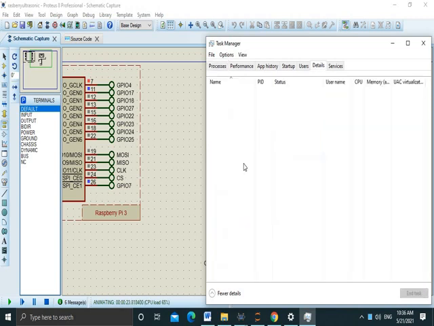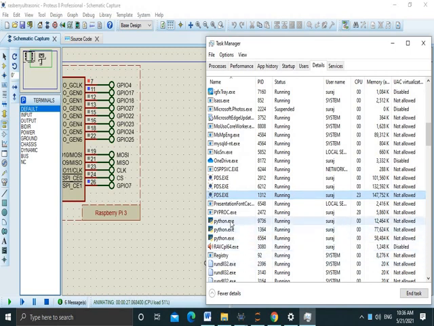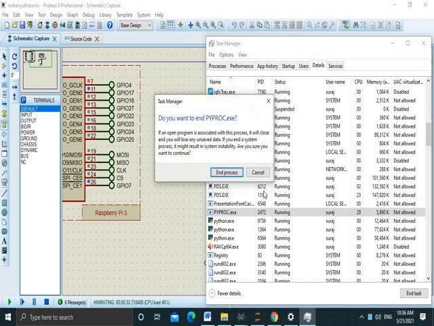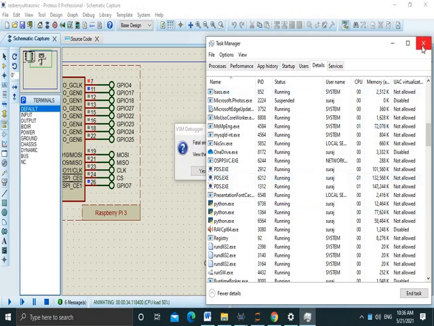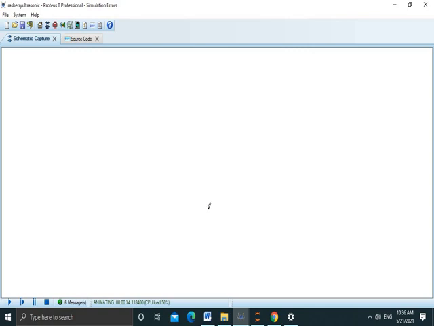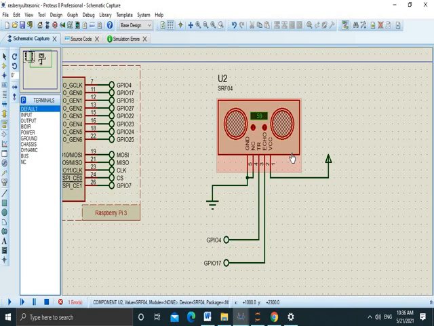Go to the processes and stop the Python process, python.exe. Stop this. Then see, the fatal simulation error means it calculated the distance, and the distance is 58 centimeters.